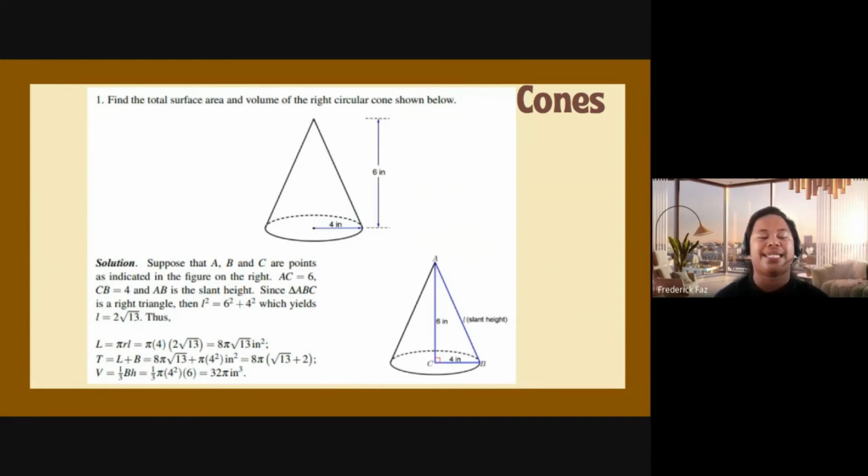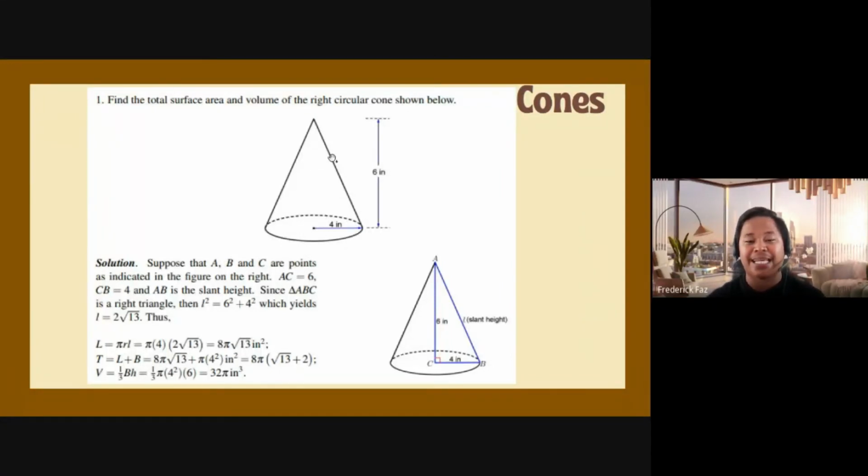We have here an example. Find the total surface area and volume of this right circular cone that is shown below. Solution. We have here radius of 4 inches and the height of the cone is 6 inches. So ito pong height dito ay hindi po yan slant height, kundi ay altitude ng cone. So we have here,